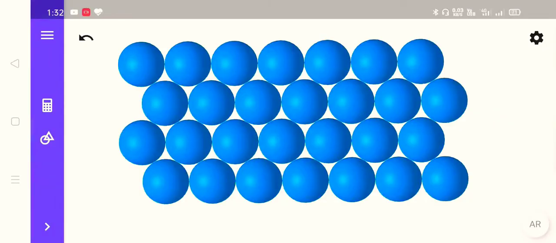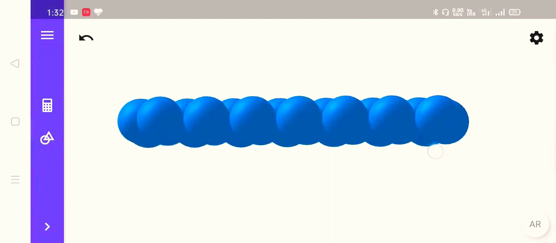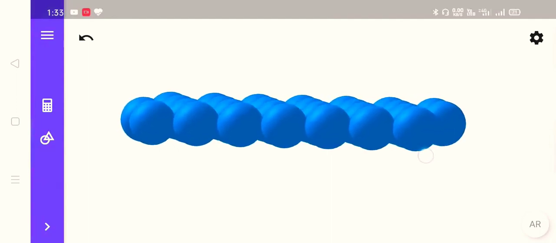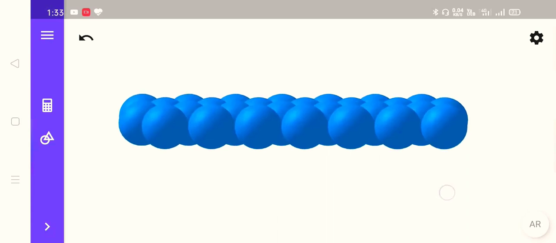So first of all, this is a single layer of hexagonal 2-dimensional close pack structure. When we arrange a second layer on top of this first layer, we will place the second layer slightly different from the first layer.